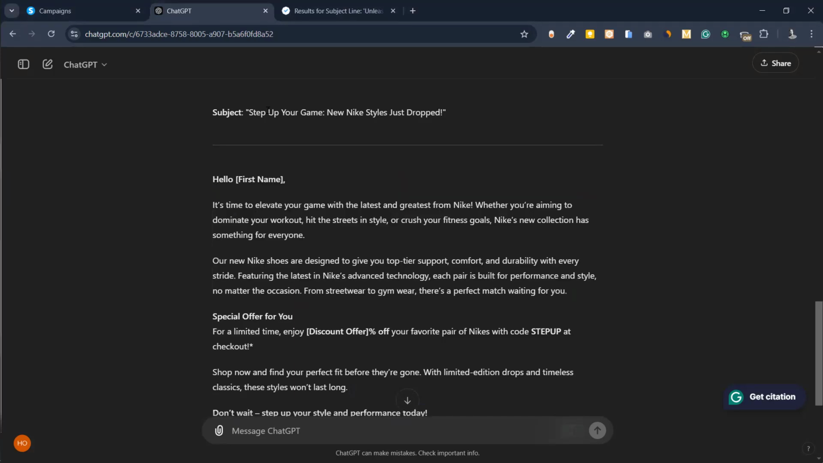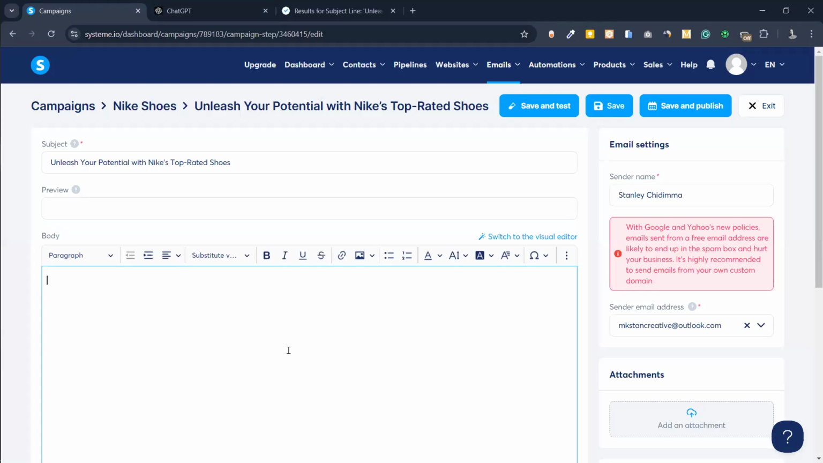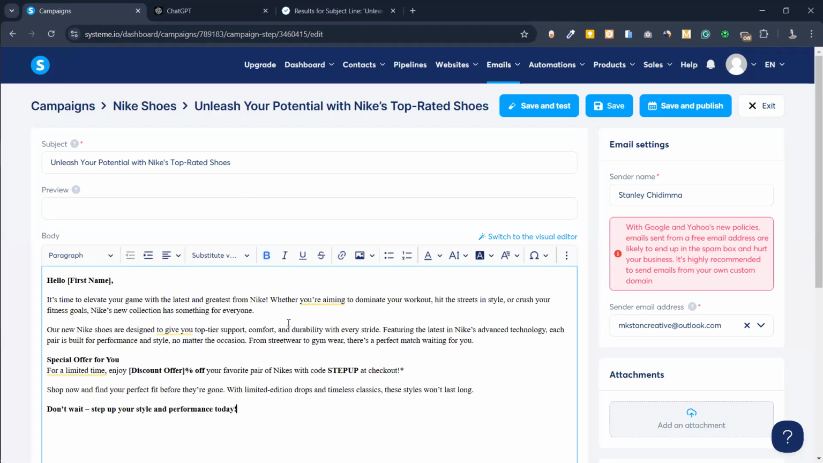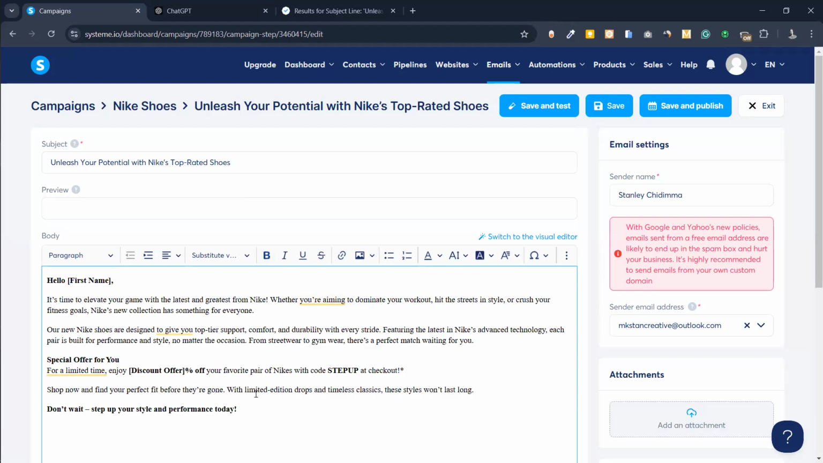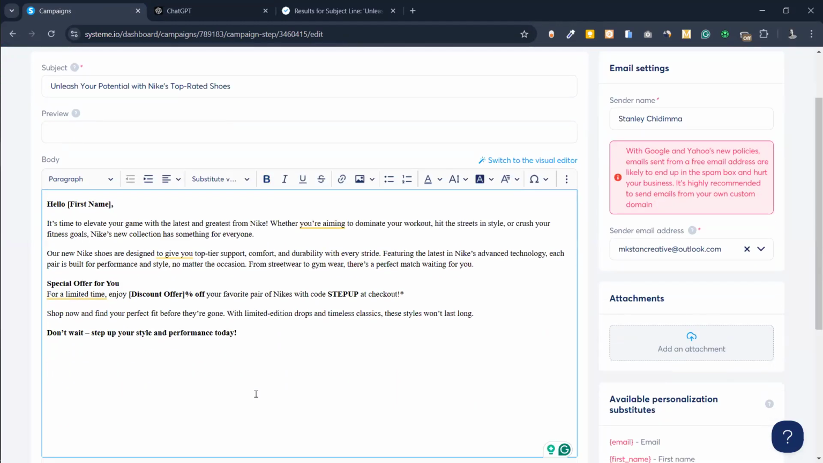So let me come back here. If you still want to tweak it to something that will tailor to your business, you tweak it. So now I'm going to paste the response I got from ChatGPT here. So if you paste it here, then I want